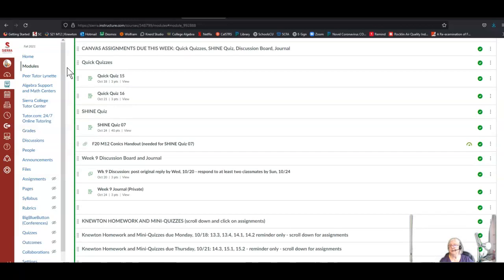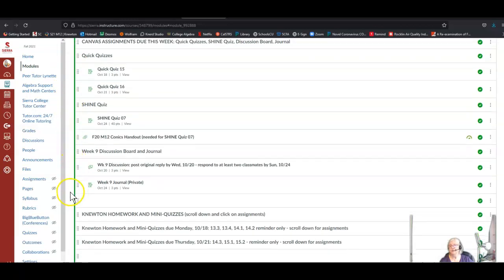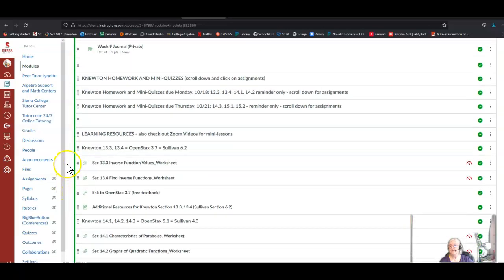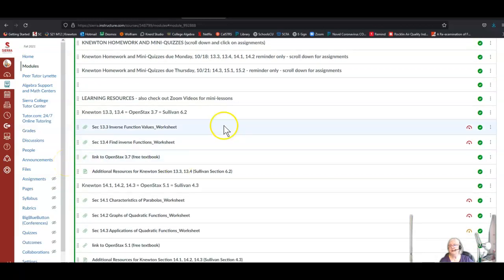It's a typical week with 2 quick quizzes, a Shine quiz, a discussion board, and a journal. And then you have homework assignments due, and there are 4 Newton sections due on Monday and 3 on Thursday. But as always, you can space them out however it works for you. Different lessons take different amounts of time for different people. So do it however it works best for you. You just have to get to 100% if you do wait until after the due date to work on a